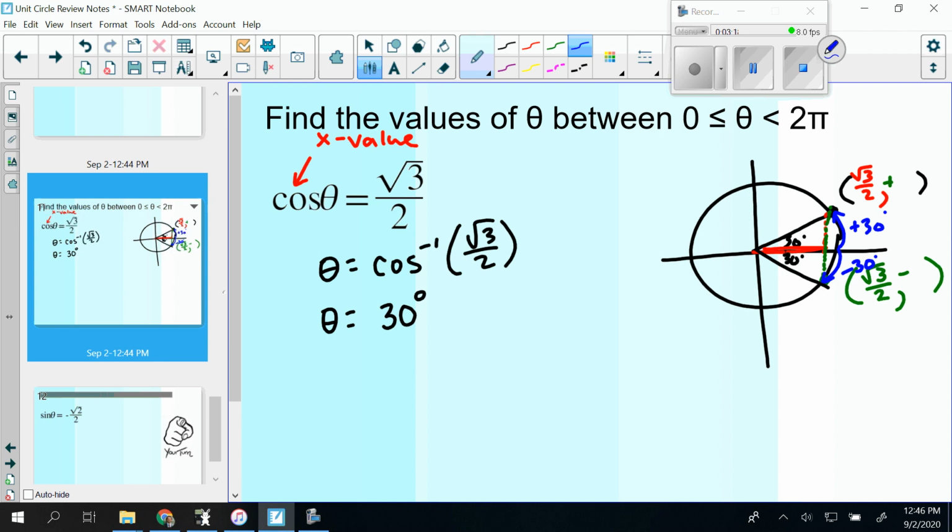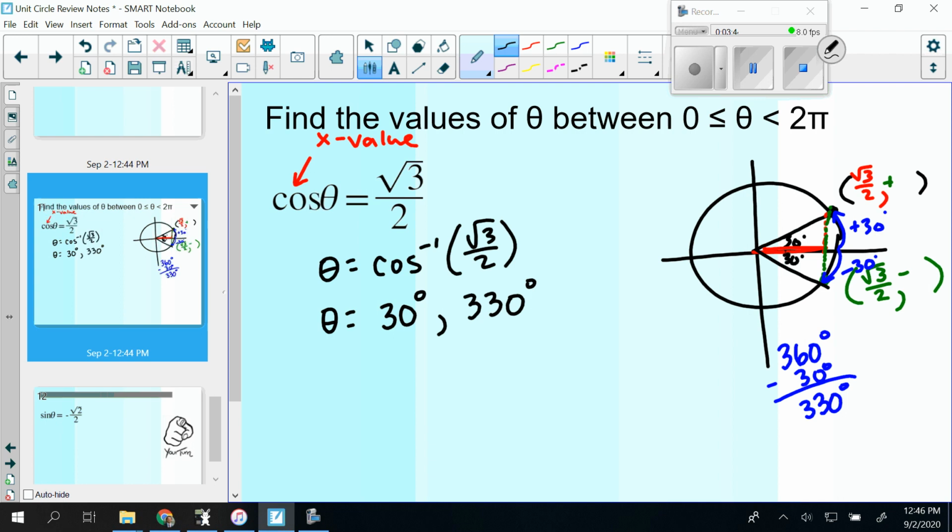So what is negative 30 degrees the same as? Well, the easy way to figure that out, remember going all the way around the circle is 360. So if we take 360 degrees, subtract 30 degrees, we'd end up with 330 degrees. So our second answer, the other location that gives us a value of square root of 3 over 2 would also be